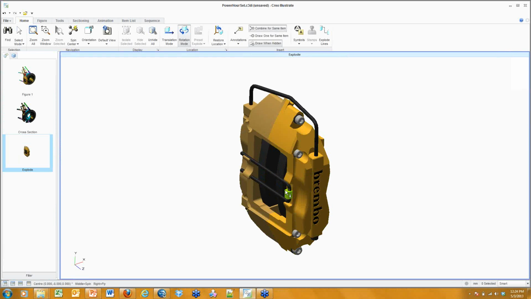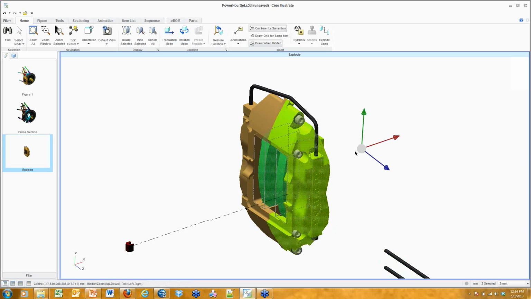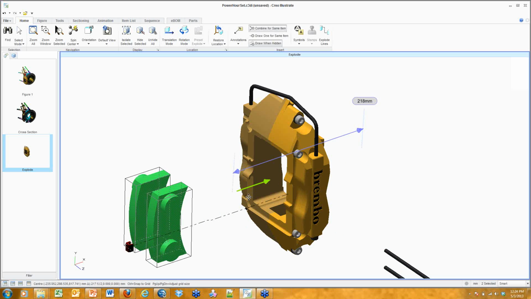So number one, we want to show that maybe this clip has to be removed, has to actually slide outward. So let's just drag it out here. And we can also add an explode line by simply selecting the object that we dragged, and it'll create the explode line. Same with that, we'll just translate this outward, like so. Maybe move these brake pads, drag these outward here,